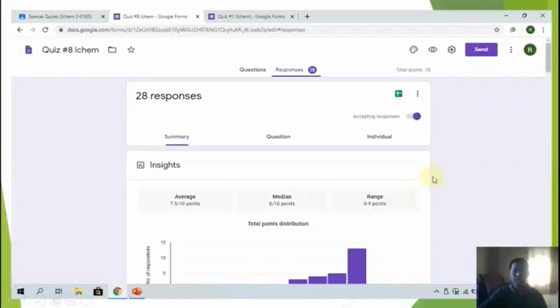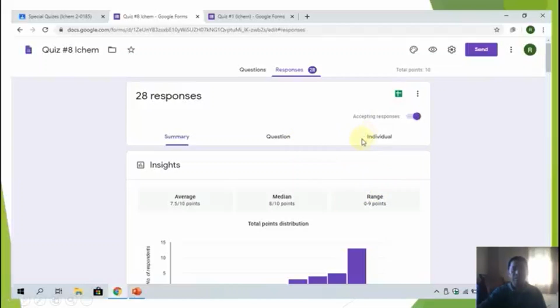Now I want to see the score of my student, so I click this spreadsheet. When I click this spreadsheet, a small window appears here with a question, create, or I forgot the other one. You just click create.